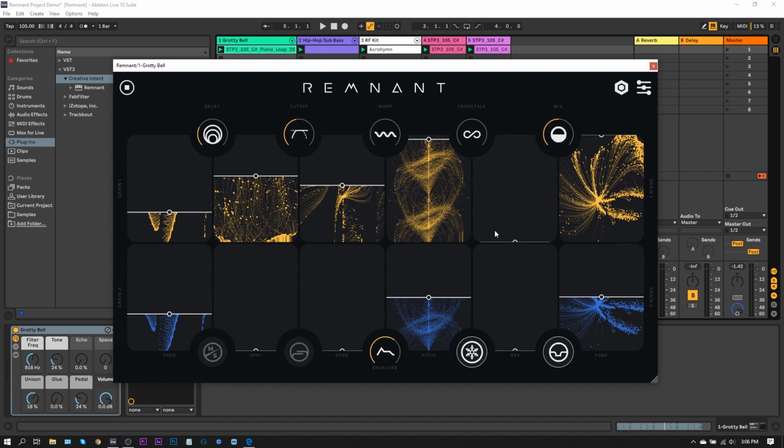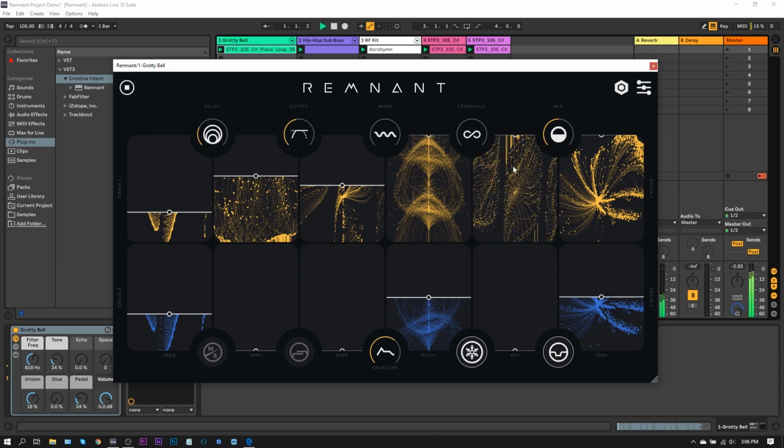Now, having two lanes, we can also make it so one is reversed by using this reverse parameter. And let's see if we can do that. So this is being pitched up 12 semitones, and let's take it and make it reversed. Or maybe